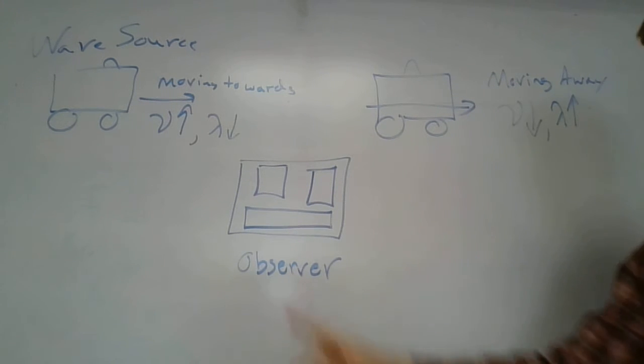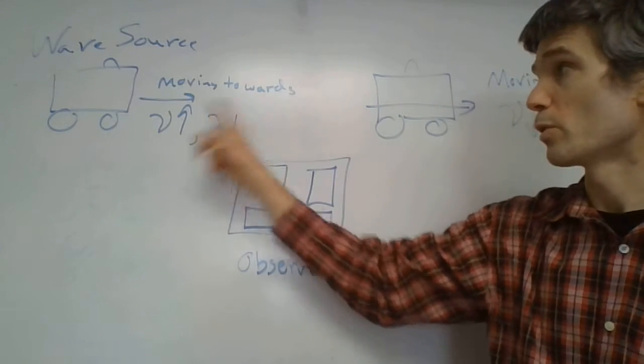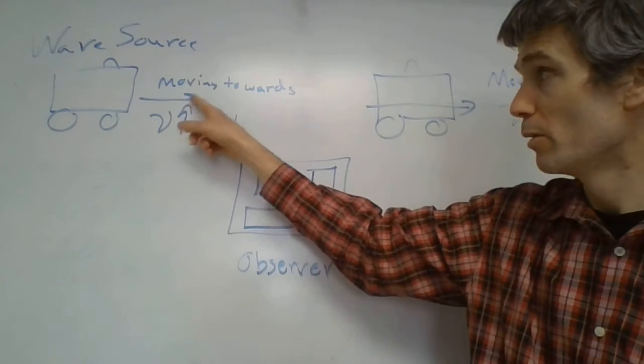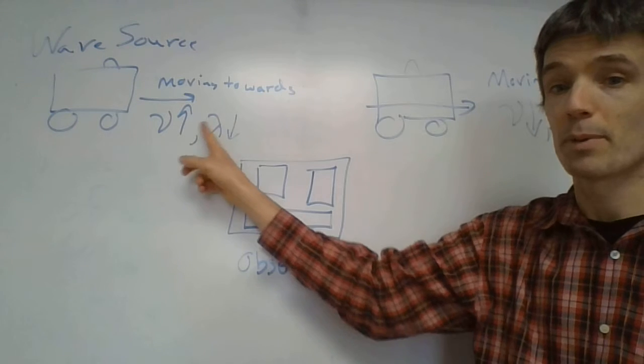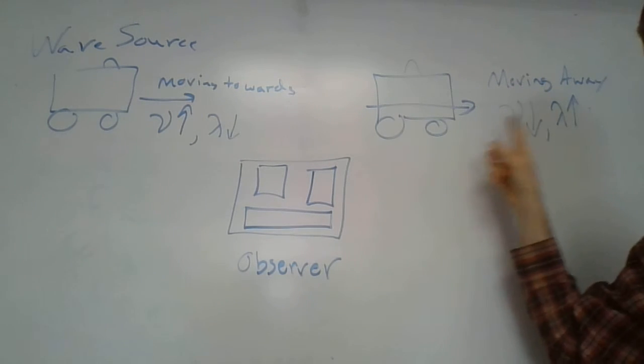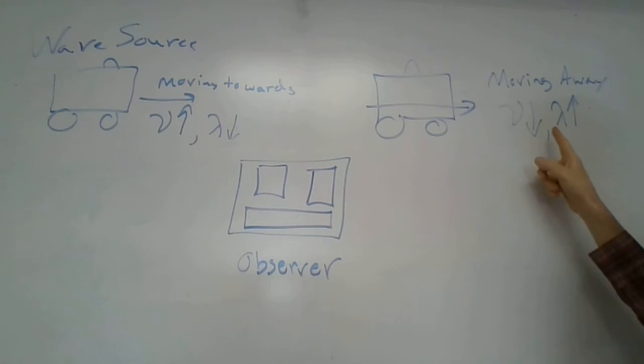So once again, as a wave source moves towards, you're going to draw that it's moving. There's the arrow. It's moving towards. The frequency is going to go up. Wavelength is going to go down. And when it moves away, the frequency goes down and the wavelength goes